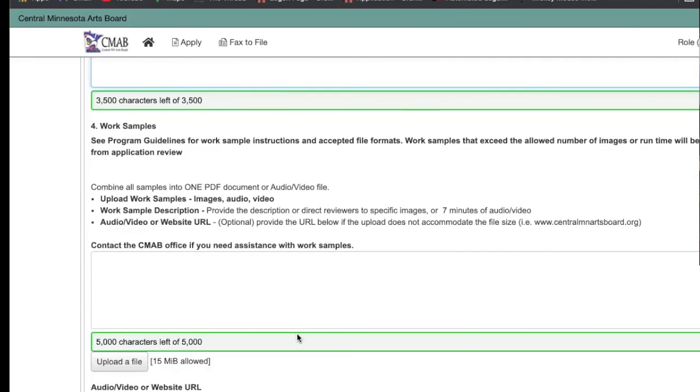Work samples, this is where you share what it is you do as an artist. Some people have lots of different disciplines they work in, and maybe you'll want to call one of us in the office and have a conversation about which work samples you should submit. But you have some options here. As Melissa mentioned earlier, she's very available and our resident expert when it comes to figuring out how to get a good quality image when you save your PDF, or reducing a size, or things that I'm not even good at articulating, because we're so lucky to have somebody who makes it so I don't have to know, because Melissa knows. So you have lots of support in formatting and submitting your work samples into the application.